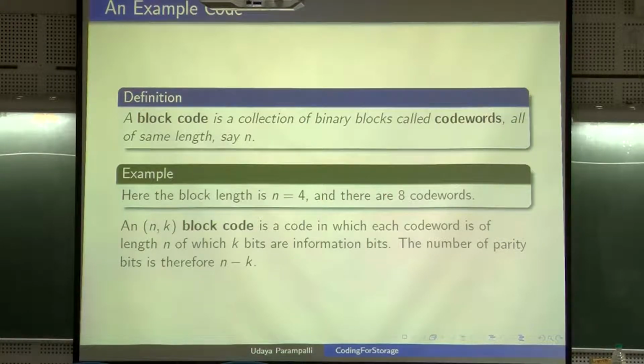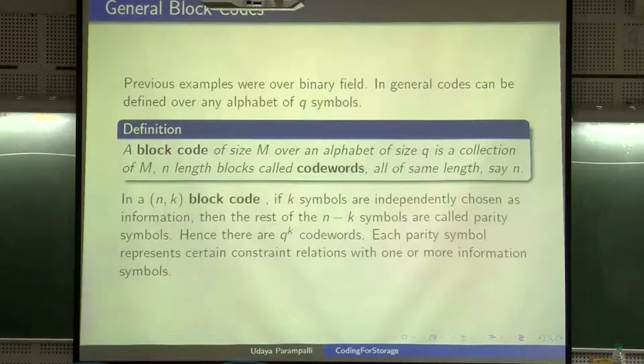So an (n, k) block code is a code in which each code word is of length n, in which k bits are information bits, and the number of parity bits is therefore n minus k. So continuing with general block codes,